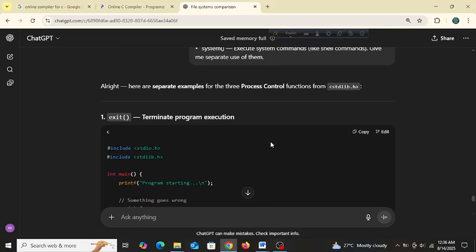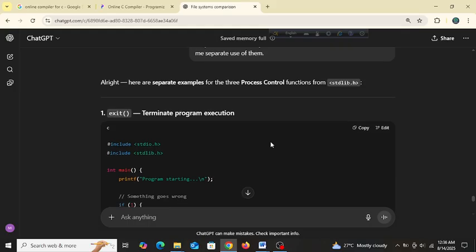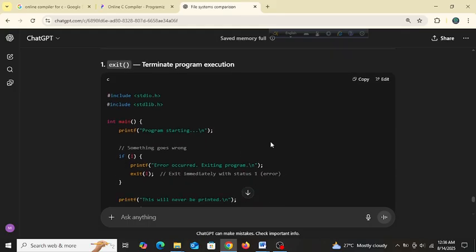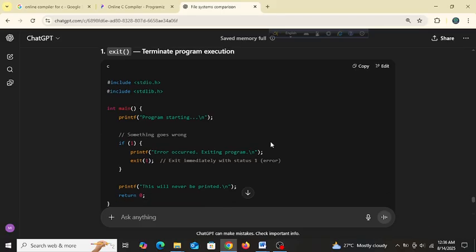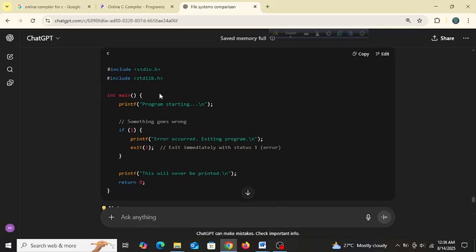So we have process control. All right, here are some separate examples. Process control: exit, terminate program execution, okay. So you see here stdio.h, stdlib.h, printf program starting, something goes wrong. If so, printf error occurred, exiting program, exit(1), exit immediately with status 1, printf this will never be printed.